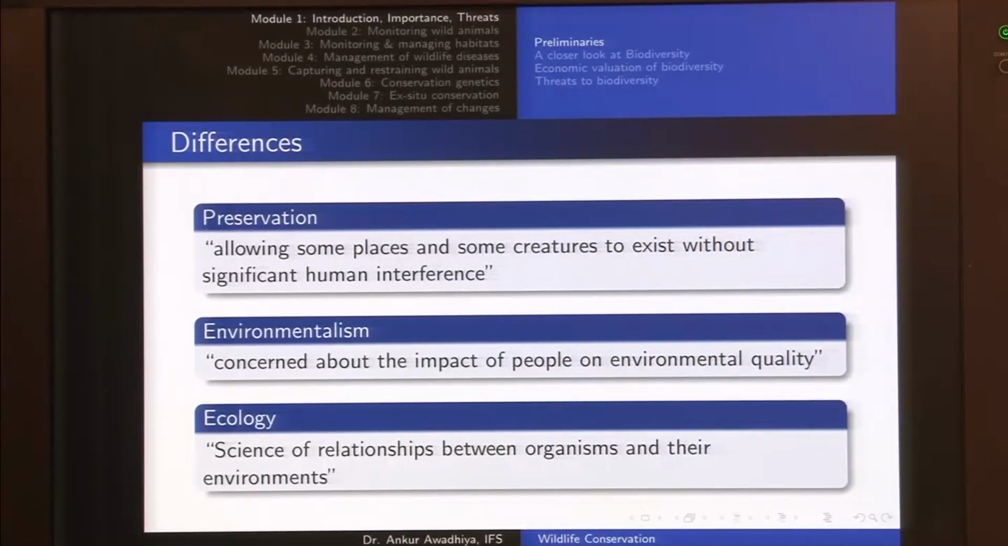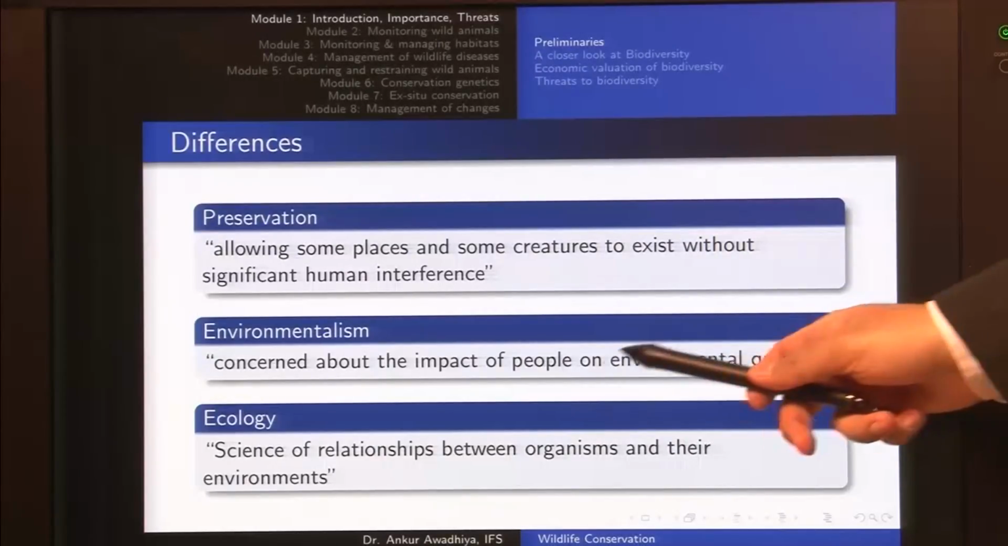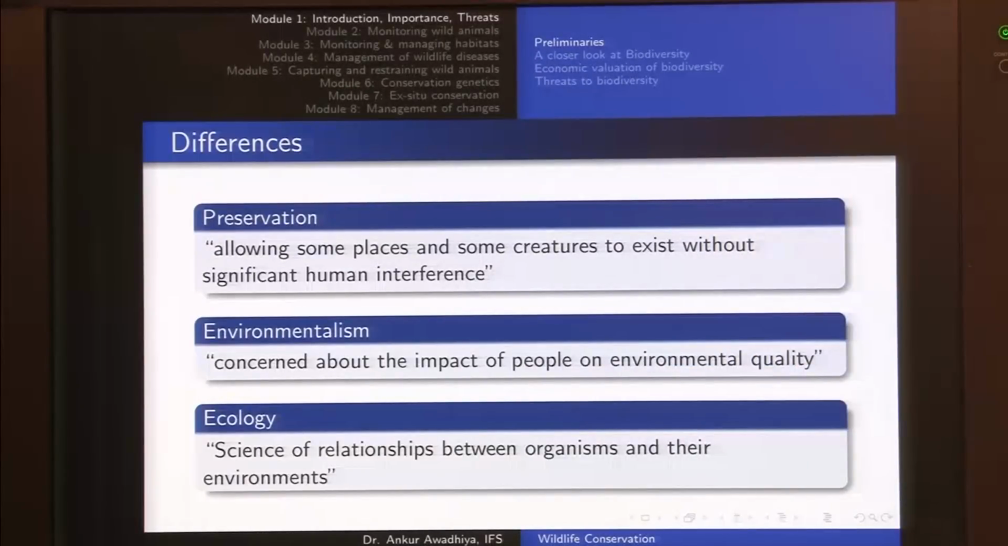Next is environmentalism. Environmentalism is concerned about the impact of people on environmental quality. In this case, we are only concerned with the environmental quality. So, things like pollution, air pollution, water pollution and so on will come under the ambit of environmentalism. Ecology, on the other hand, is the science of relationship between organisms and their environments. So, this is a theoretical concept. In our case, when we talk about wildlife ecology, it would mean the science of relationship between wildlife and their